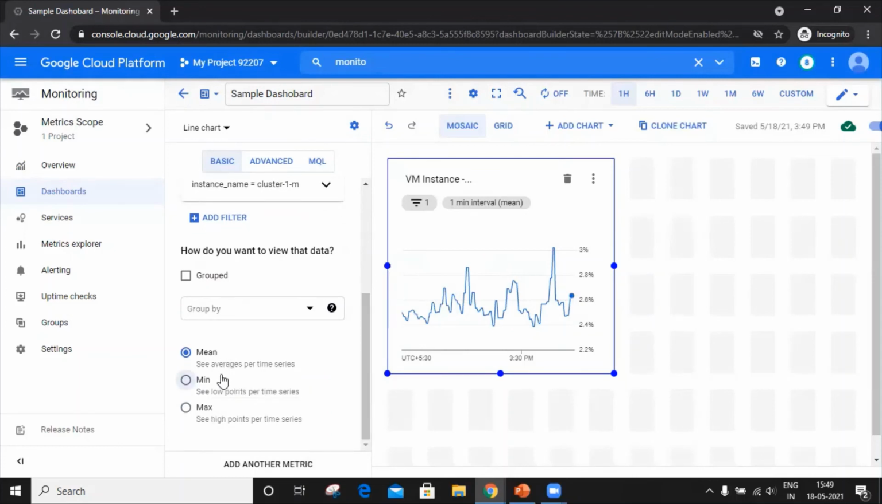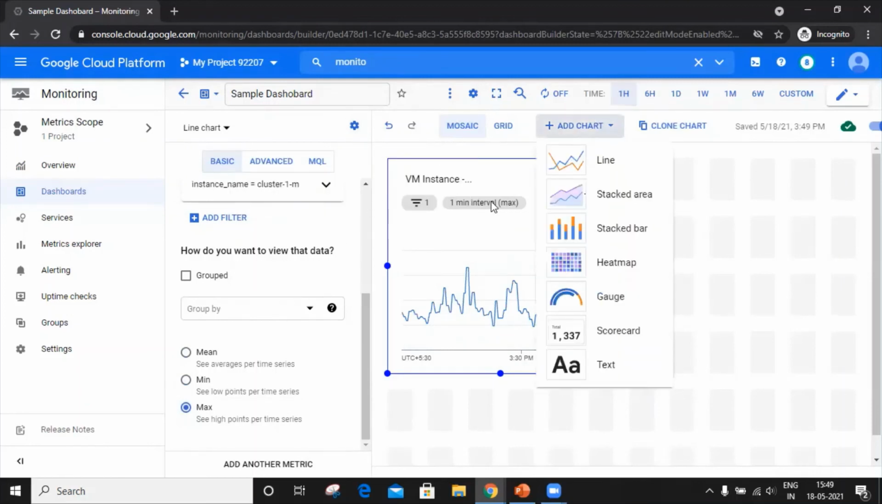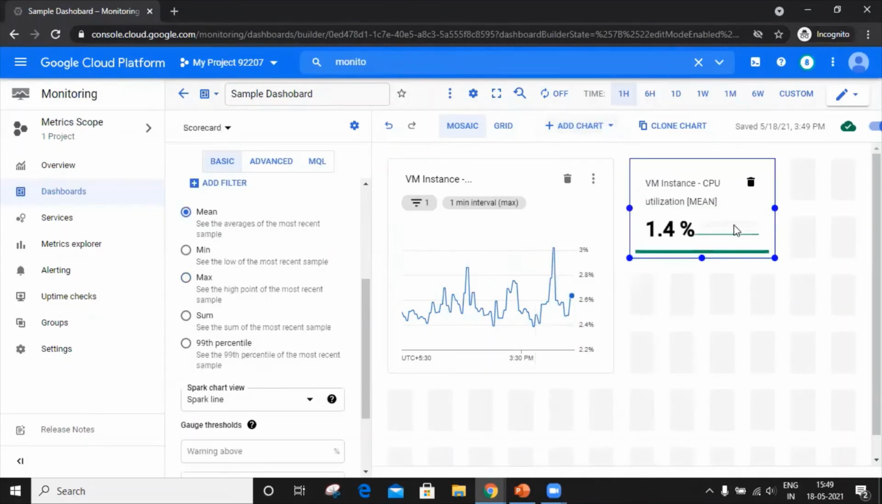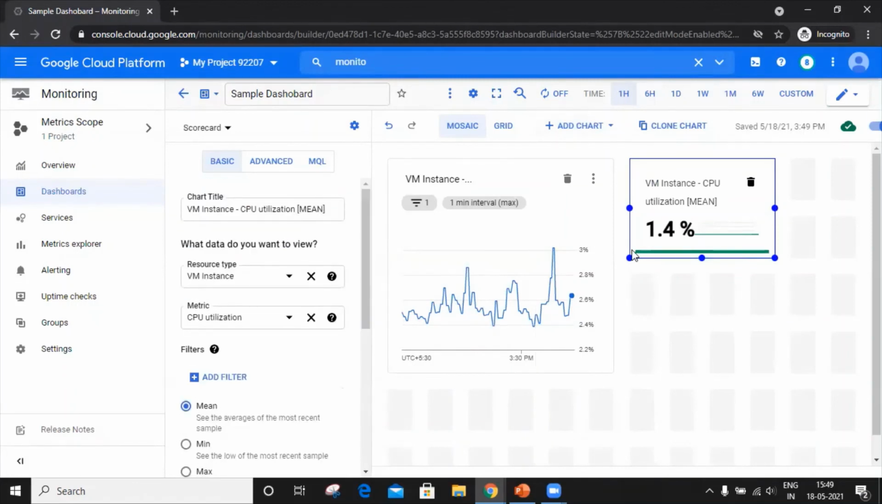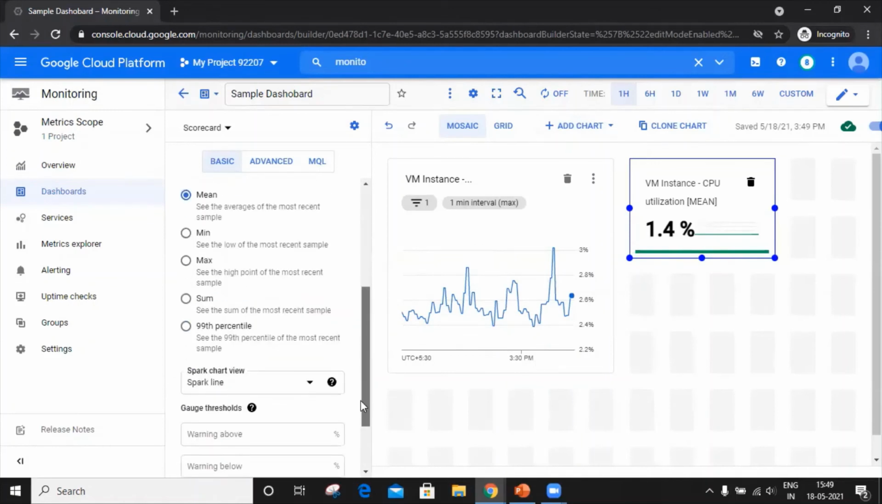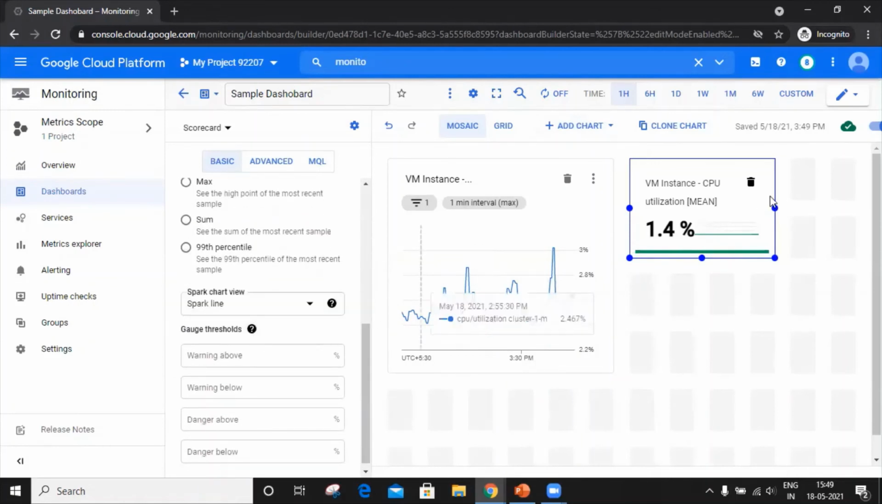We can check either mean or max, min or max, whatever is required. Now, similarly, we can add either a stacked bar or scorecard, stacked area, whichever is required. When I perform the same thing in a scorecard, the percentage is seen. And in the scorecard, you can see the nearby